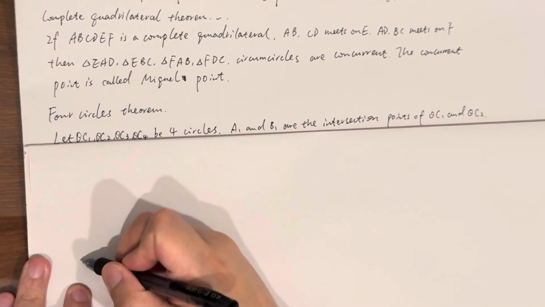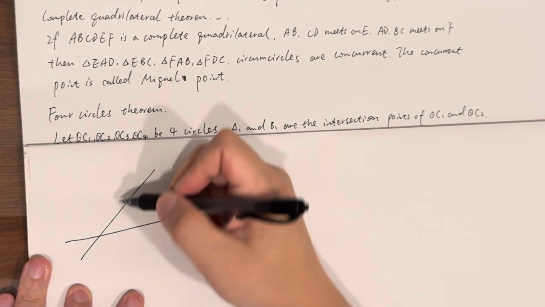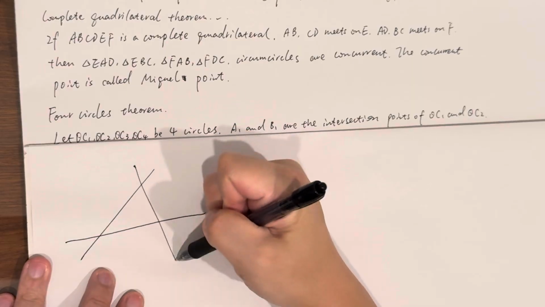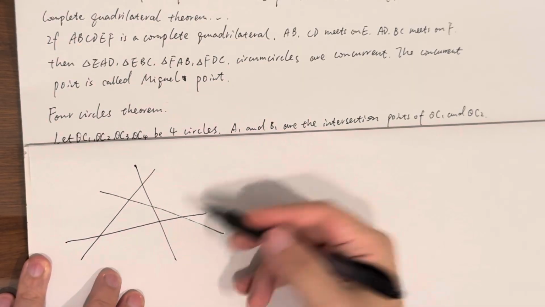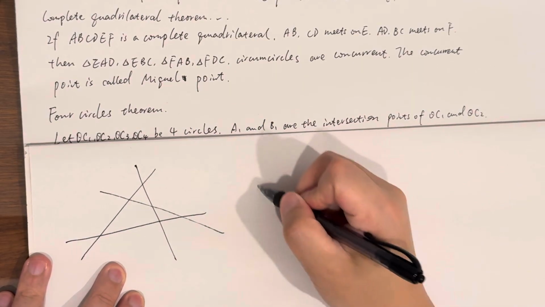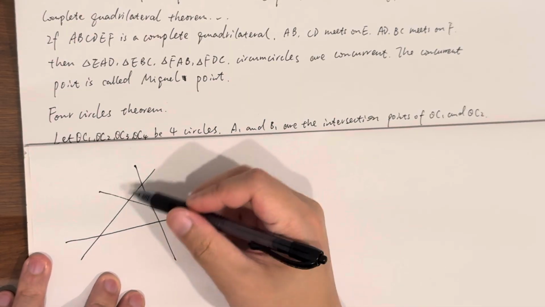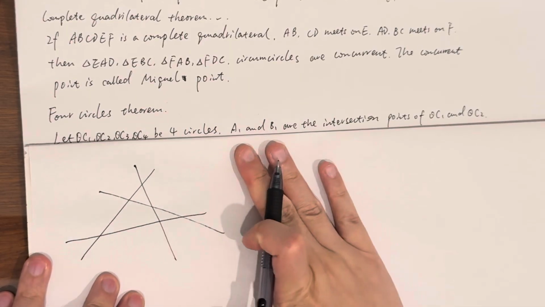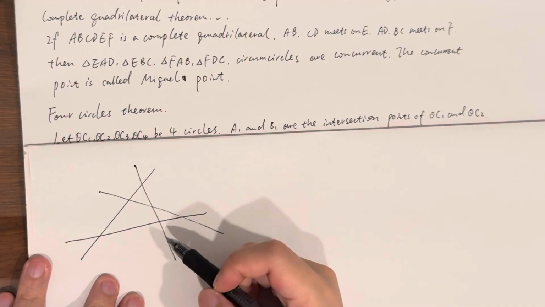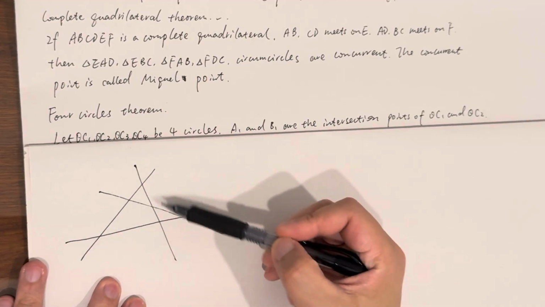So basically, for four lines, we would only see this case, right? These four lines are on this plane, and there is no three lines concurrent on